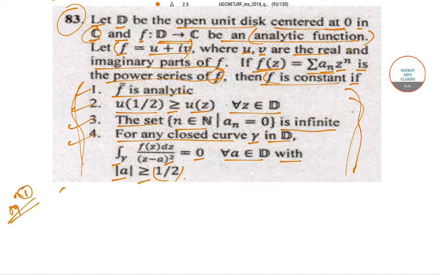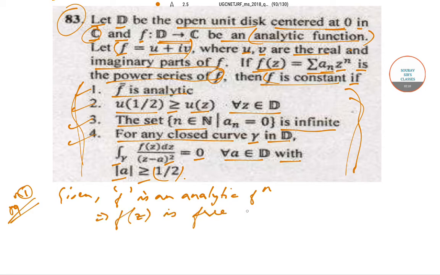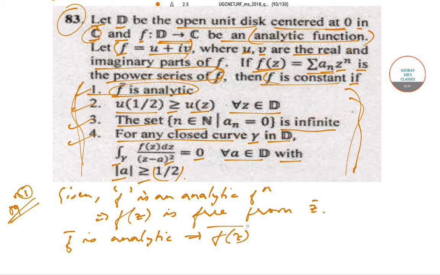Now we have been given that f is an analytic function. Now if f is an analytic function, that implies that f(z) is free from z bar. This is one condition. Also in option 1 we have been told that f bar is analytic. Now if f bar is analytic, this implies that f(z) bar is analytic,